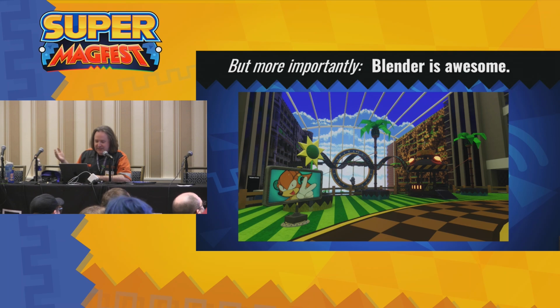The other reason is just because Blender is awesome. You can do so many things with it, and I think that is plenty of reason to be excited about it without needing to compare it to other things. As I was saying, every year our VR chat world is themed. This is our Pango and Dr. Garbotnik theme this year, which might remind you of video games that you may have seen in the past, hopefully. That is Donut Hill Zone, as I have been calling it. It's a blast. Definitely come see the portal in the promo area if you haven't. It's a lot of fun. But once again, entirely made in Blender.